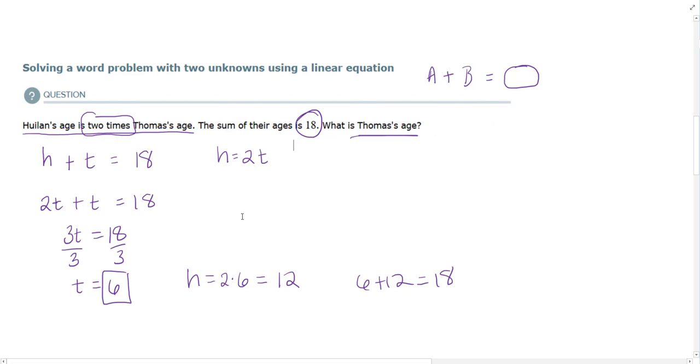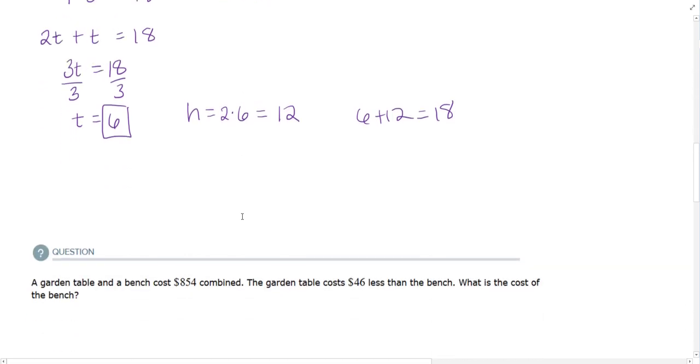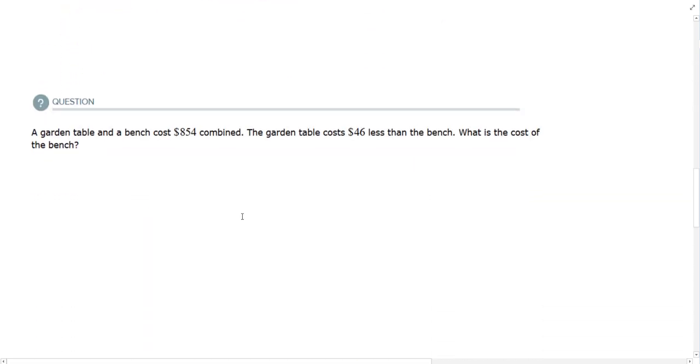Okay, so let's try one more of these. What can often be tricky is when instead of giving you the relationship where it's something about 2 times or 3 times or something like that, they tell you something with less than. So if you see less than or fewer than, or like what else? Maybe subtracted from or something like that. A lot of times it can be confusing, like